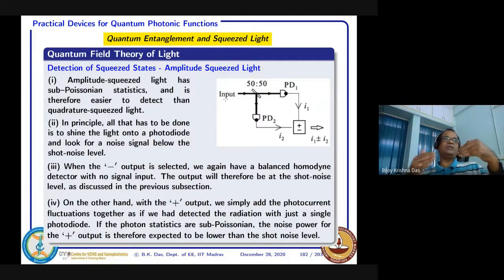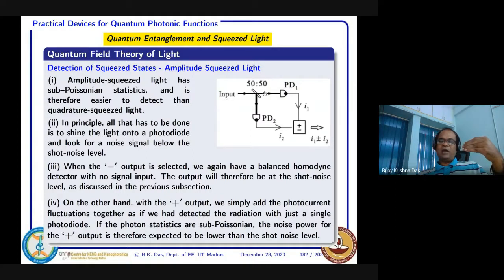Whenever we are measuring shot noise, it is because suddenly your photon number is increased or reduced. That is your shot noise, right? That's a quantum of electron-hole pair generation that comes randomly. That is your shot noise. Normally any coherent source will give you that type of shot noise, and that is normally uncorrelated, and we will always be getting it.